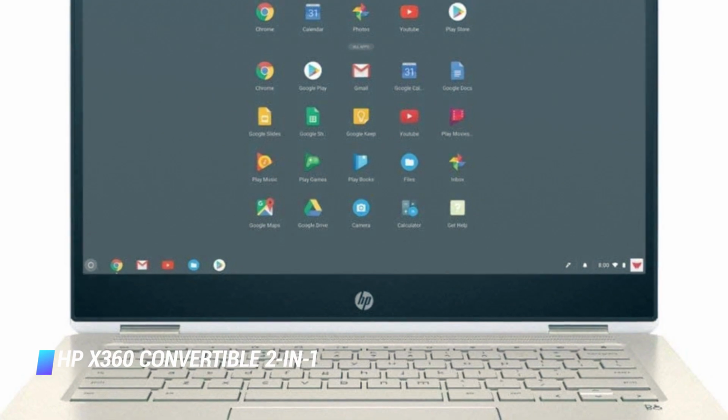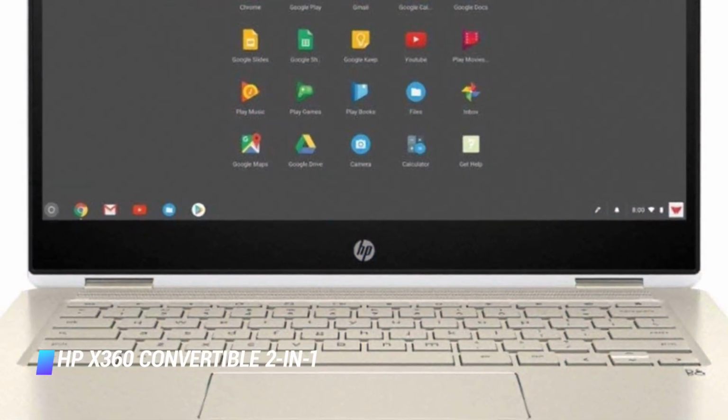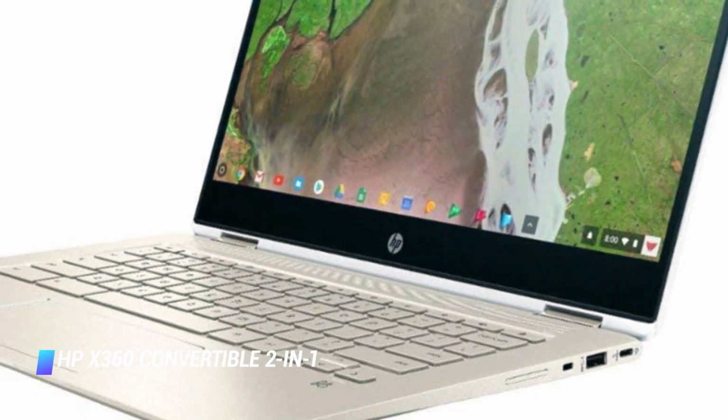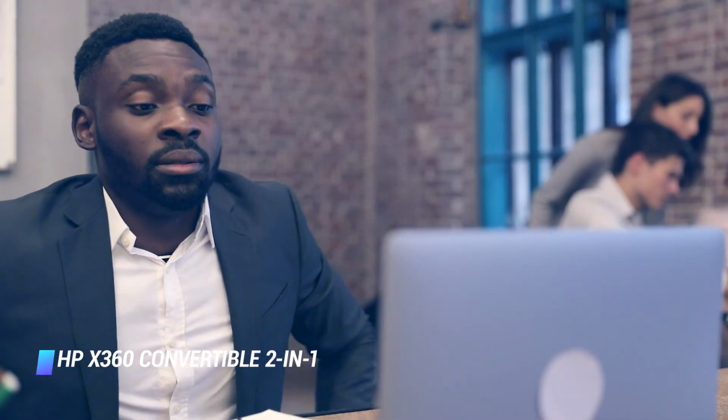Its 14-inch touchscreen display does have a bit more bezel than the similar Asus Chromebook Flip C424, but thankfully the screen has a 360-degree hinge, so you can fold it back and use it like a tablet. The notebook comes with an Intel Core i3 processor and an impressive 8 GB of RAM. More RAM means better, less sluggish multitasking. This Chromebook is more than capable of browsing with multiple tabs open, editing several documents simultaneously, and playing music or